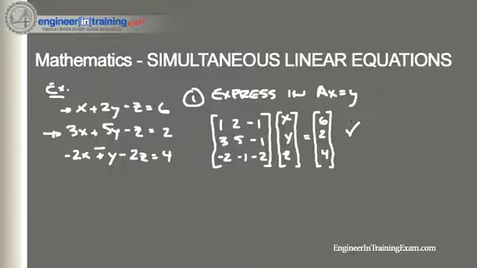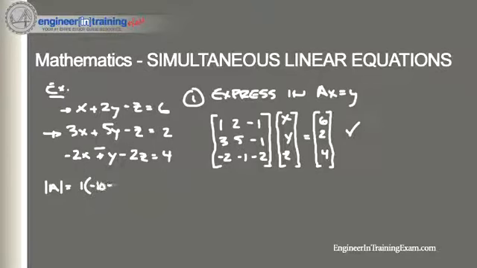And now our second step is to pre-multiply each side by the inverse matrix of A. So the first thing we need to do is determine whether A has an inverse or not. And we can do that quickly using the method of cofactors. So recall that the determinant, whether this matrix has a determinant or not, is going to tell us whether or not there is an inverse of this matrix. So the determinant of A using the method of cofactors is 1 times negative 10